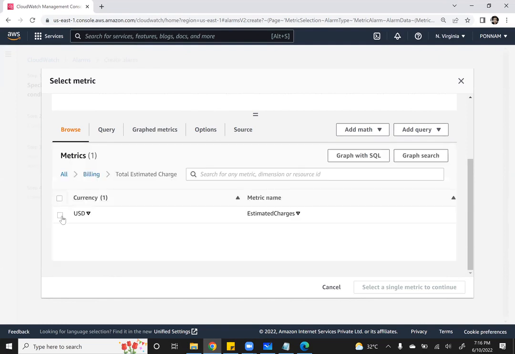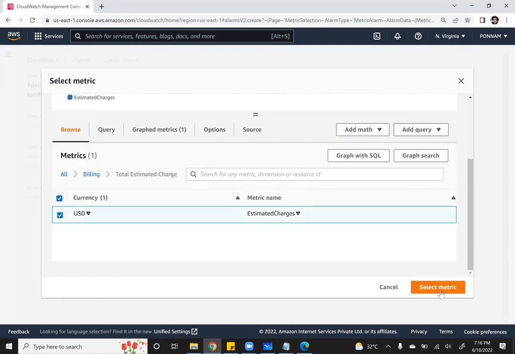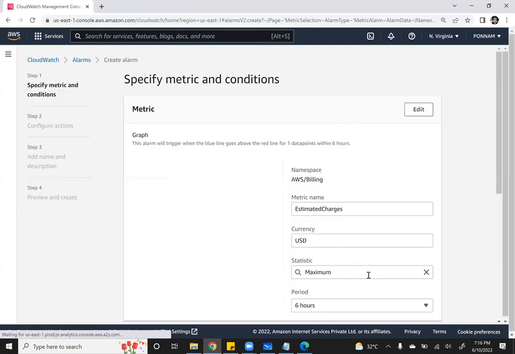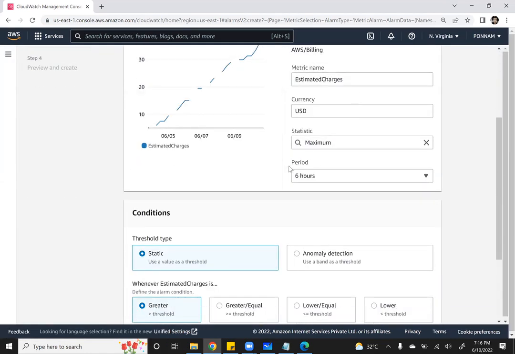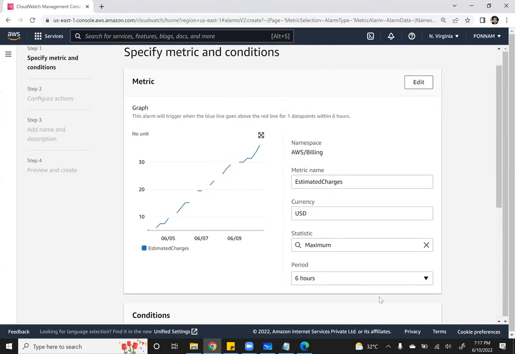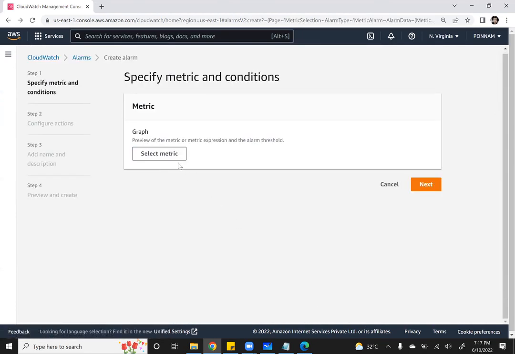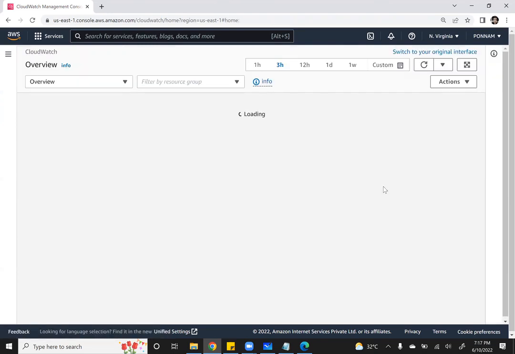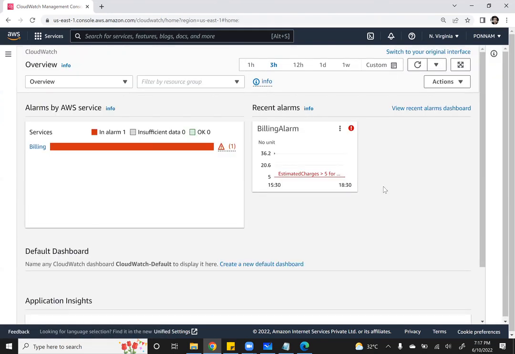Only one. Yes. And don't change any of these things. Static data. Here you can select something. If you're getting any error, just take the screenshot of the